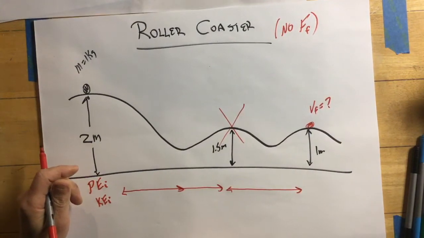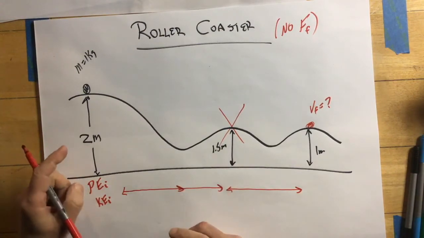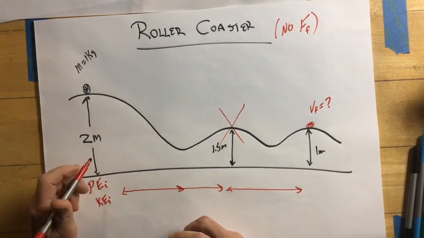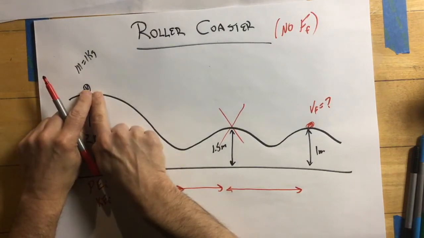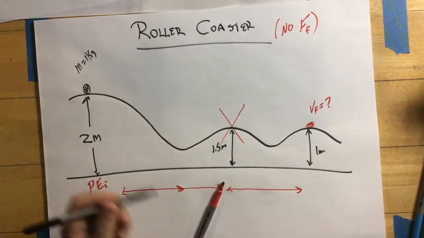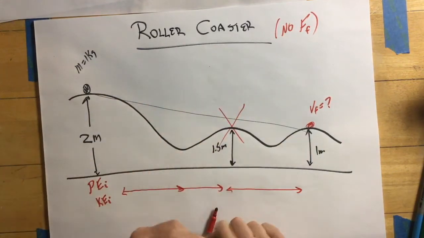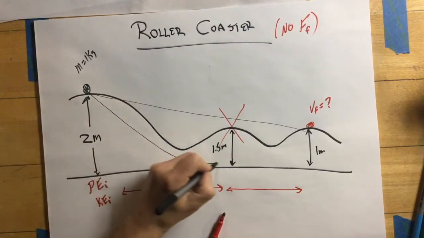So if we look at this, I call it independence of path, in terms of it doesn't matter what happens in between, it's the endpoints. That's all that matters, because we're assuming there's no friction. And it sounds weird, but it doesn't matter what the slope of this track is. If it goes from here to here, if I drew the track and I said it's doing this, if I said it goes down a massive amount and comes back up,